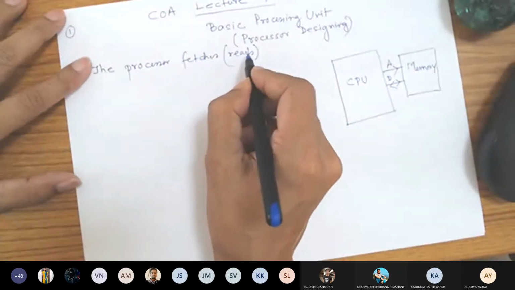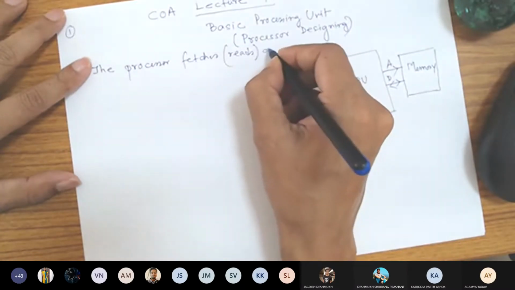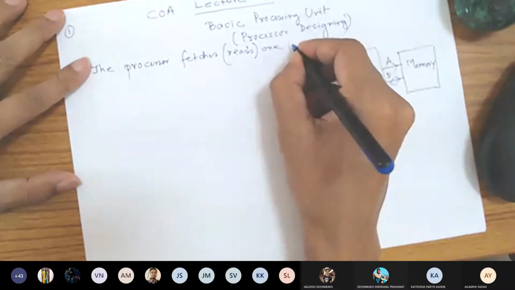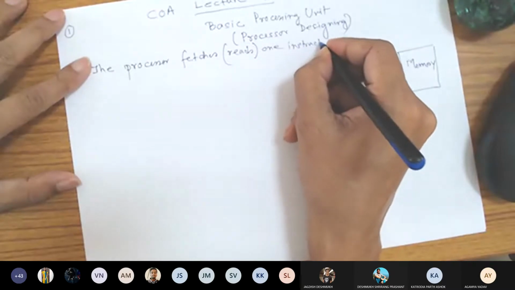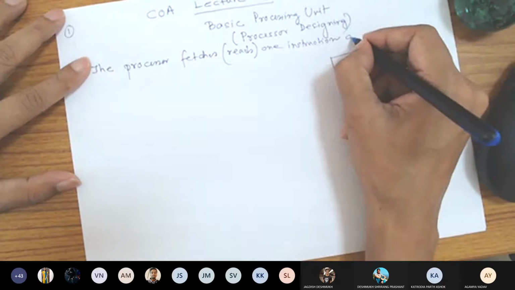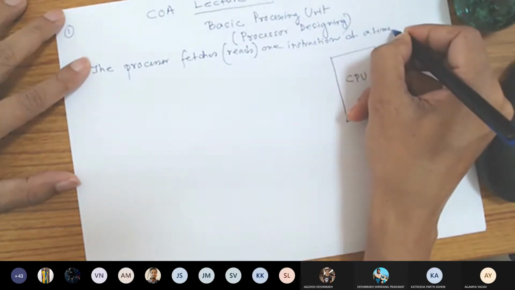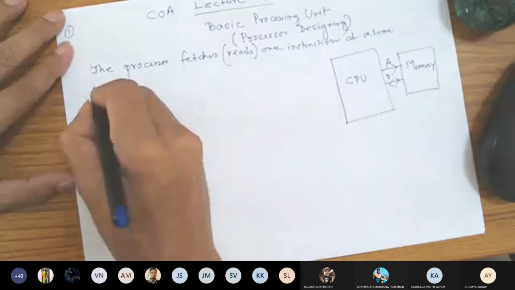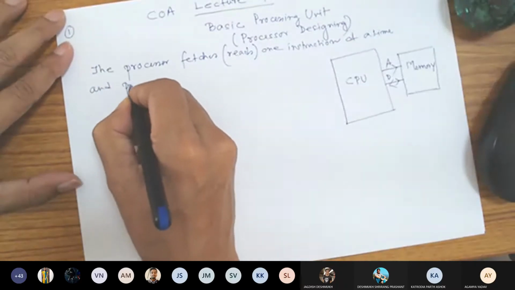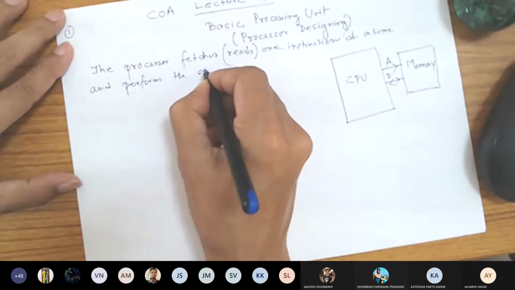One instruction at a time, and performs the operation.